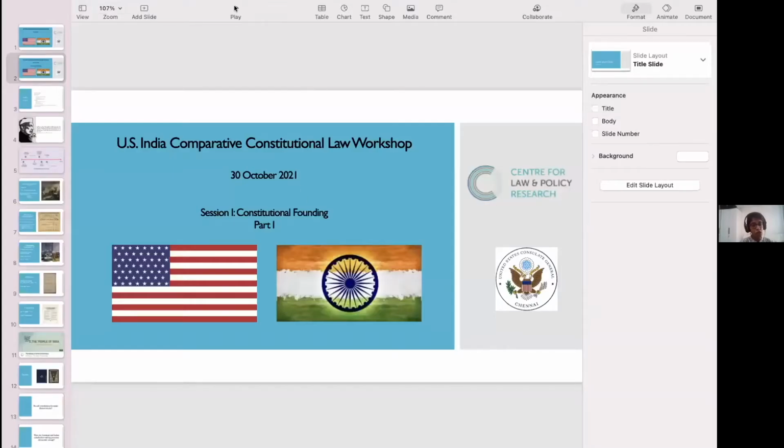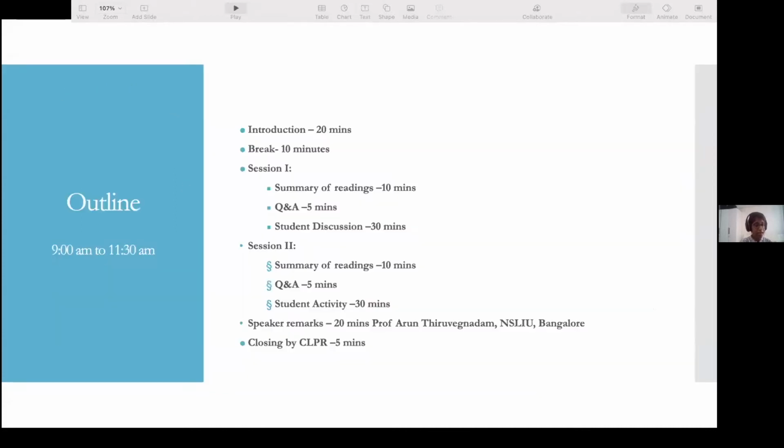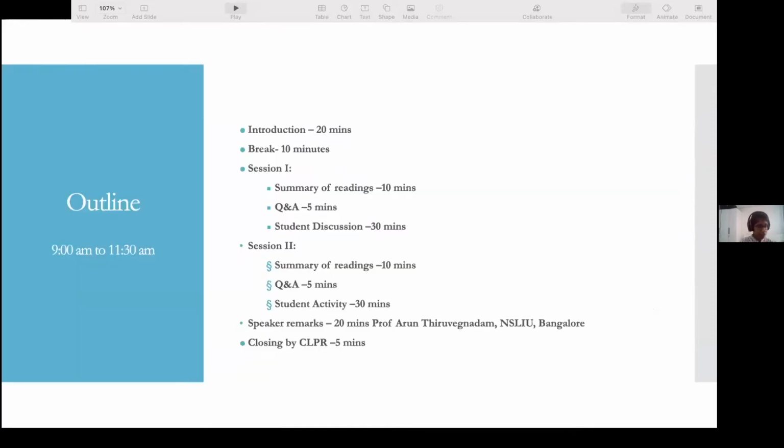This is going to be the first session on constitutional founding. Many constitutions have influenced the Indian constitution making process, particularly the American Constitution, both in terms of its history and its practice. But before I start that, I will just quickly take you through the agenda itself, which